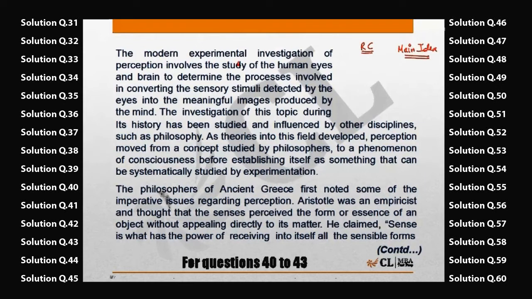It says the modern experimental investigation of perception involves the study of human eyes and brain to determine the processes involved in converting the sensory stimuli detected by the eyes into meaningful images produced by the mind. Let's leave out the details, but let's understand what he's talking about. He's talking about modern experimental investigation